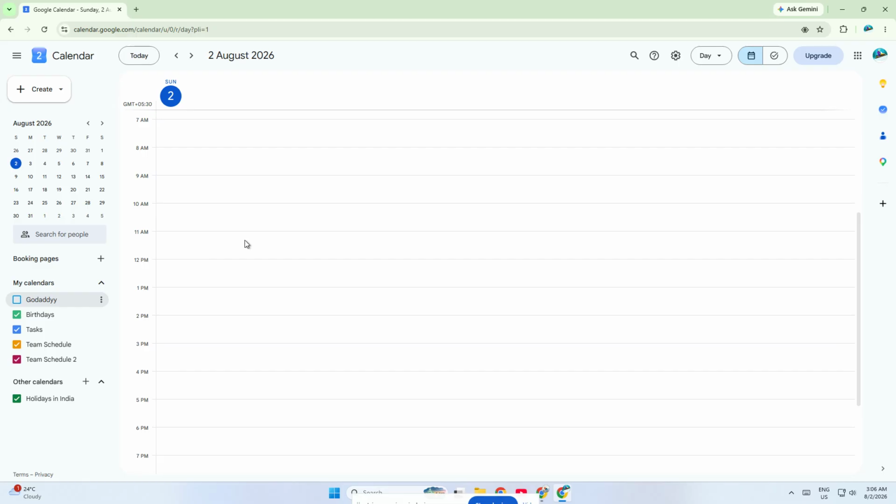Now, if you want to bring that calendar back, just click the empty box again. The colored checkmark will return, and all of those events will show back up in your main grid. It's that easy. You can repeat this for any calendar listed on the left side and toggle them on or off anytime you want. This makes it really easy to organize your schedule, reduce distractions, and customize exactly what you